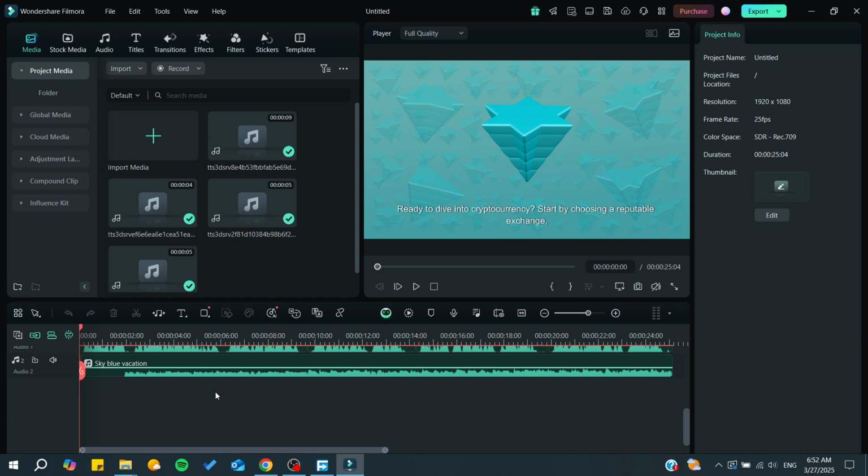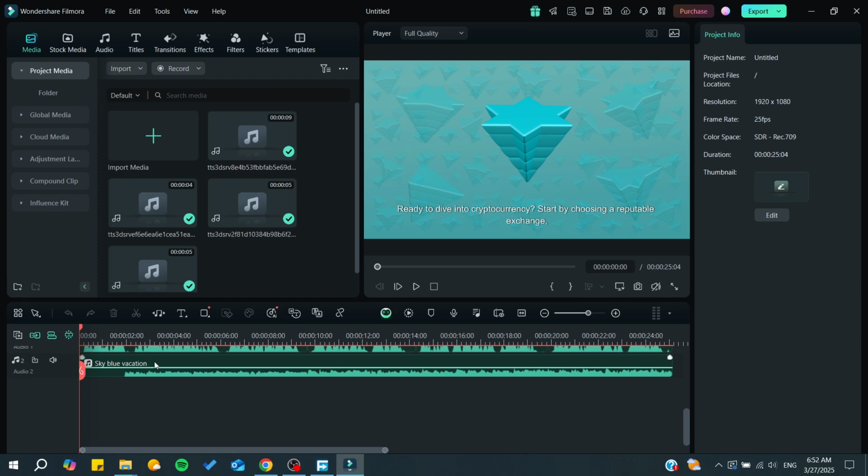So basically, to fix your Filmora lag, there are things to consider. One of them is the performance of your computer. So at least have a computer that meets the minimum requirements to use Filmora. You can check that on their website, and you can basically go to your web browser and search for Filmora